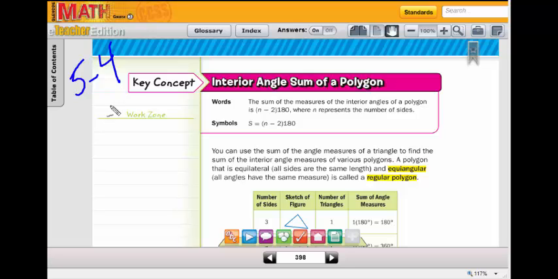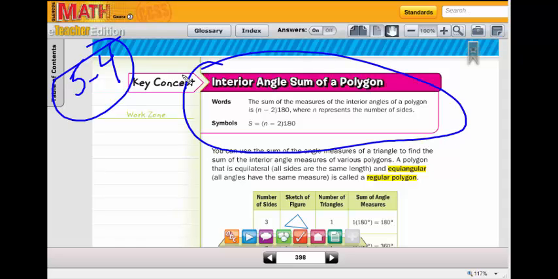Here are your examples for 5-4. 5-4, the lesson is polygons and angles. So we're going to learn how to discover how many total angles there are in a polygon based on the number of sides. So the first thing we want to do is take a look at our important point here,